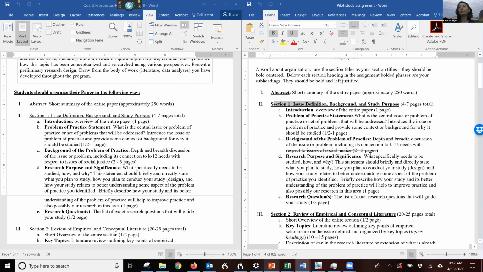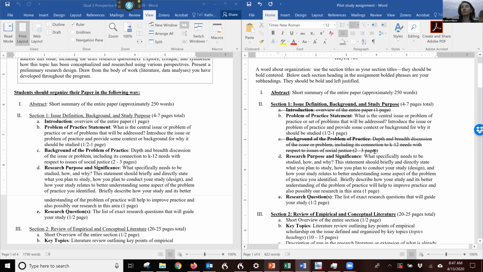Where it's slightly different, just giving you a little bit of breathing room, is I've taken the background of the problem of practice out of the introduction. You're also welcome to not write the introductory paragraph if you don't want to. So it could just be your problem of practice statement, your research purpose and significance, and your research questions.